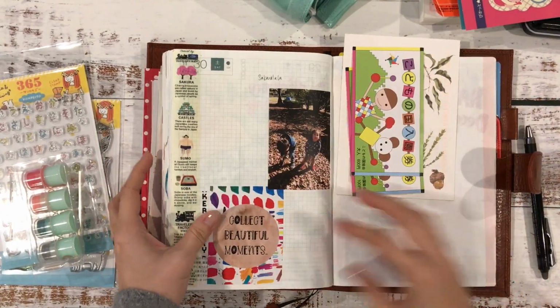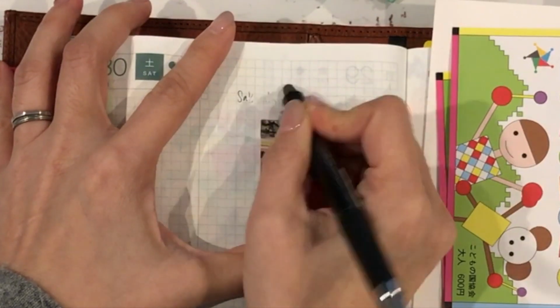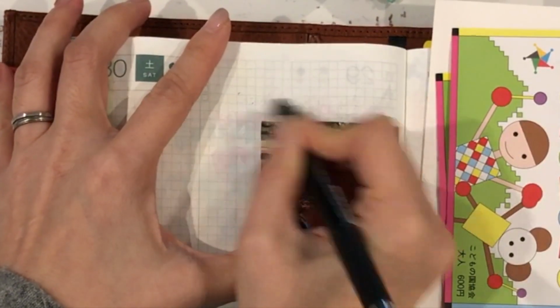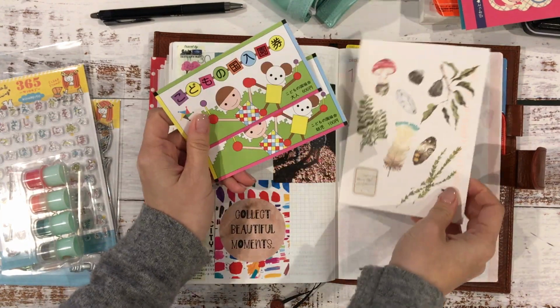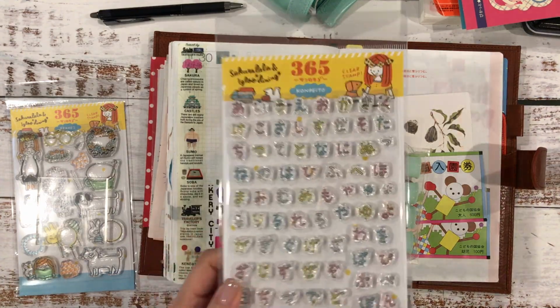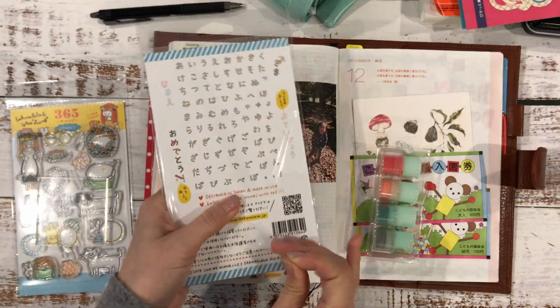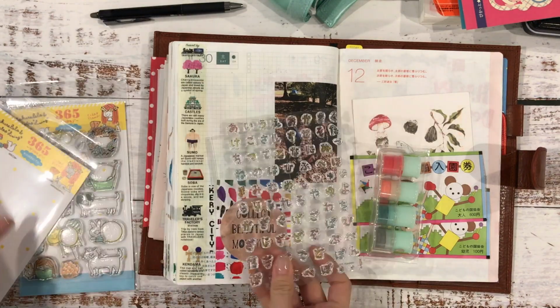Today is a journal with me session in my Hobonichi Cousin. It is in the Avec style. As you can see there, I wrote down what I wanted to use for the page, and I don't know if you do that as well. Sometimes I don't have the time to finish off a spread, so I write down something that I had in mind, and I wanted to take out these Sakuralala stamps